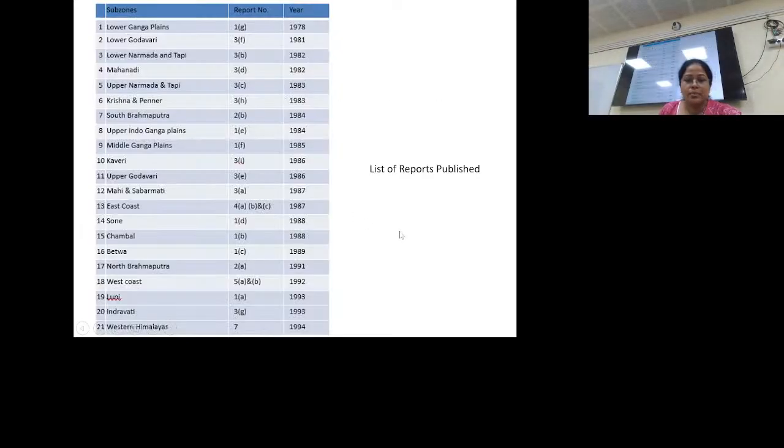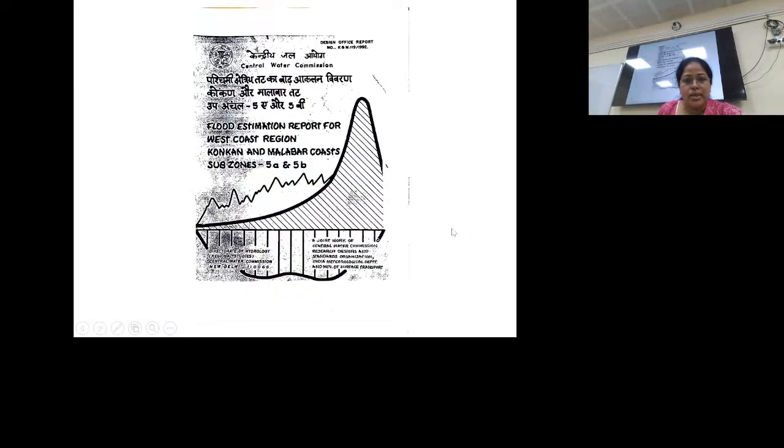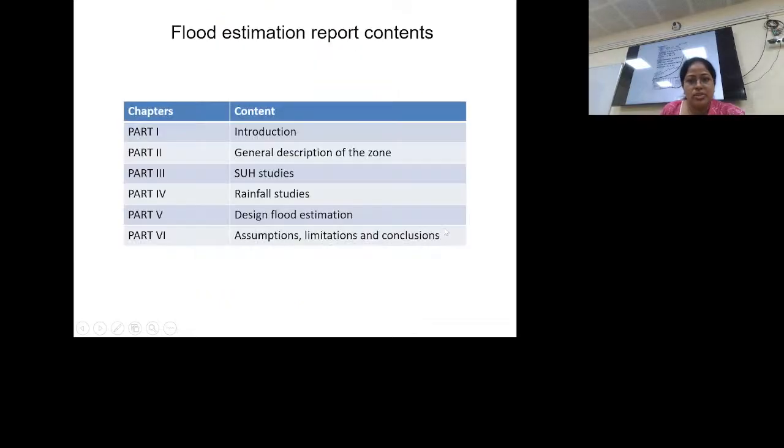These are the published reports till 1994. You can see the names of the reports here, like Western Himalayas. Looking at the name, we can have an idea of which report is to be referred for which region. This is just the cover page of that report. In part 1, the introduction chapter, there is information about which regions or areas are covered